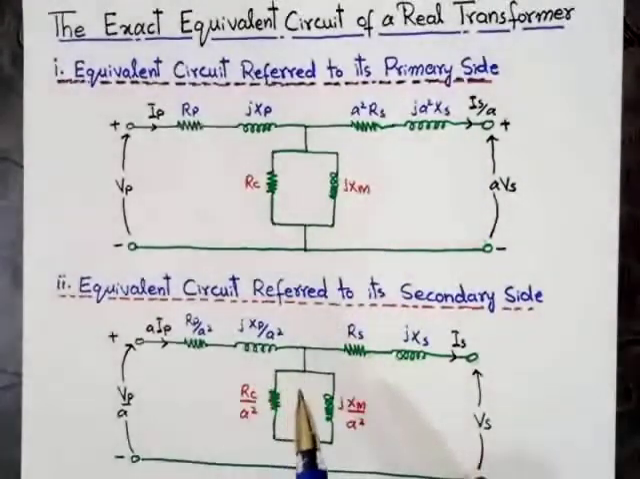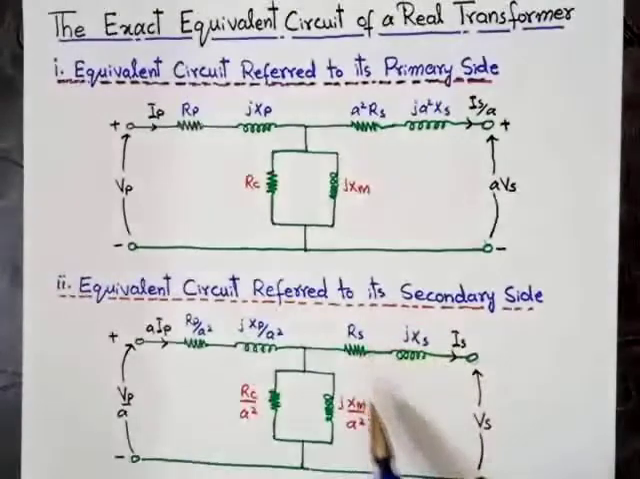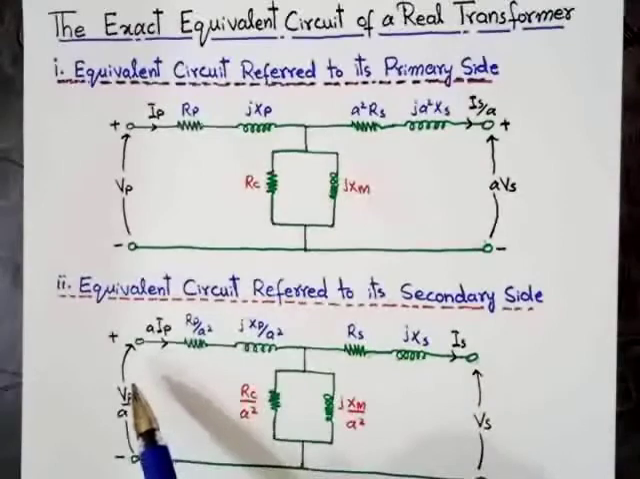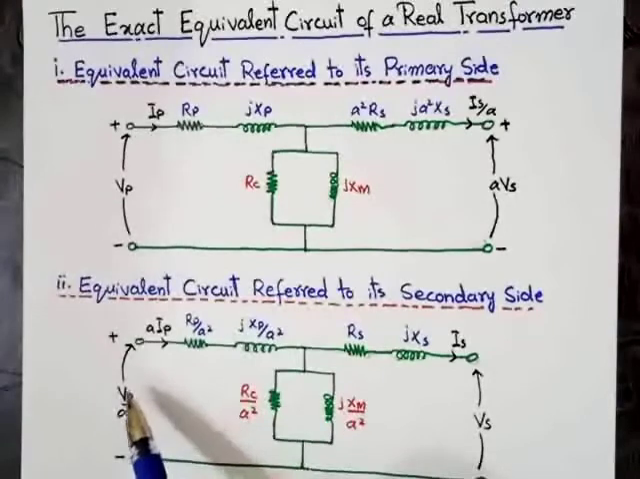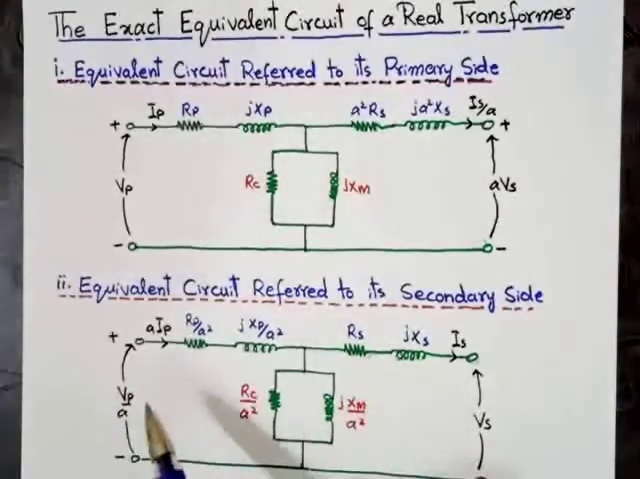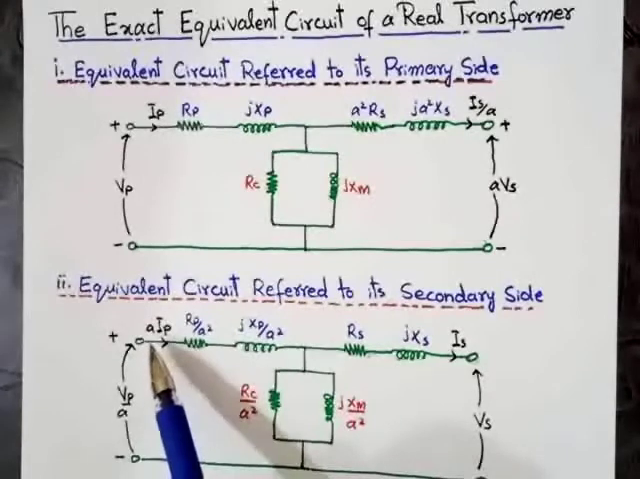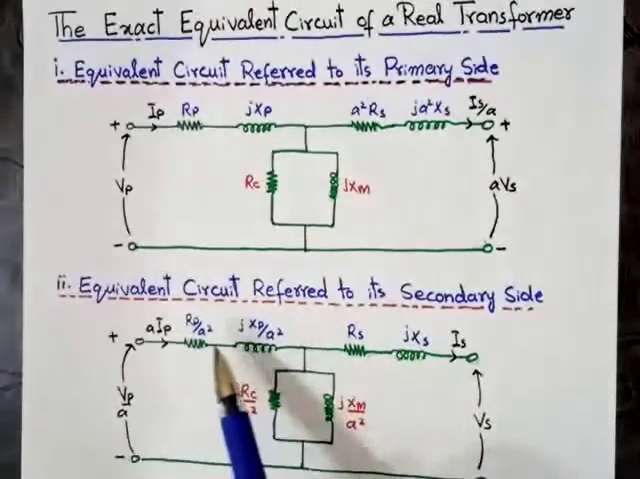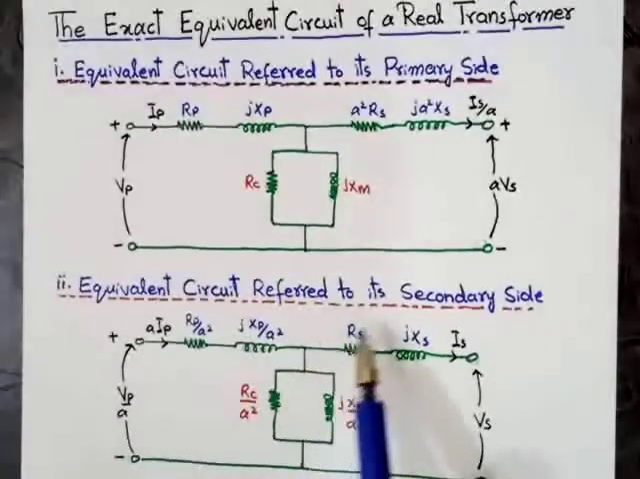If we want to convert the primary side into the secondary side, then the secondary parameters will remain the same. As we have already discussed, we can convert the voltage source into the secondary side by dividing by the turn ratio, and we can convert the primary current into secondary current by multiplying with the turn ratio. Similarly, we can convert the impedance into the secondary side by just dividing by the turn ratio. So this is the equivalent circuit referred to its secondary side,